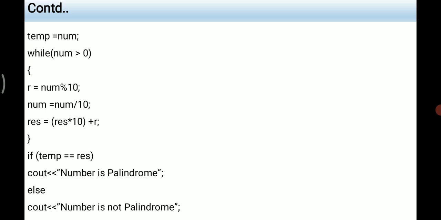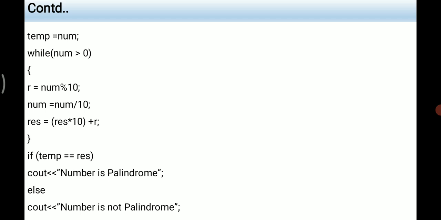Then we have res = res * 10 + r. Initially res has been assigned the value 0, so 0 * 10 + r will be assigned to res. This while loop will be executed until num > 0 is evaluated to false.